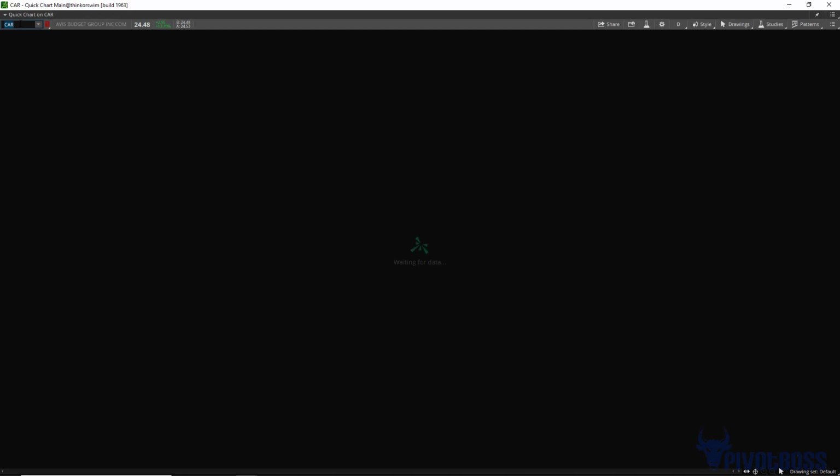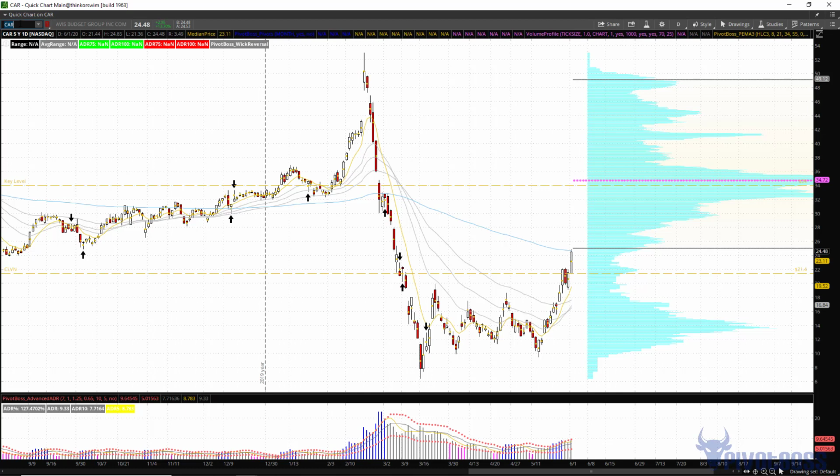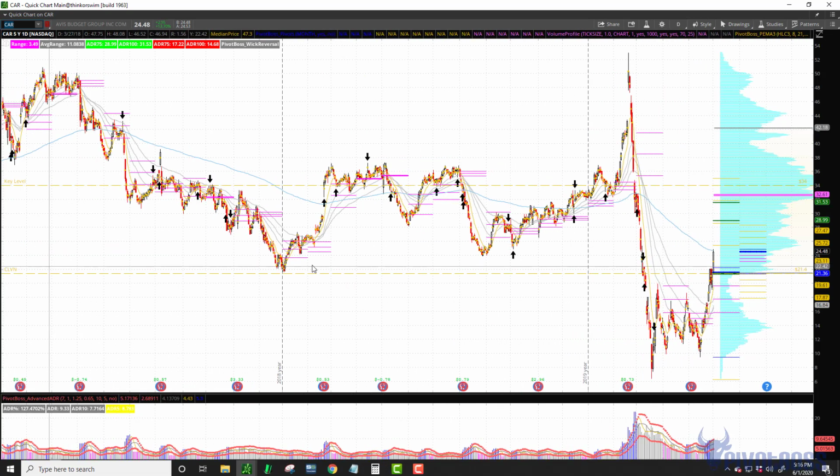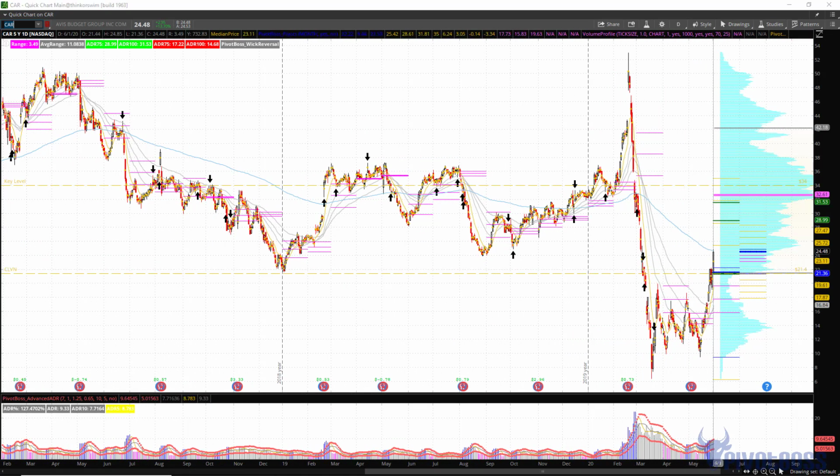CAR is Avis Budget. This one is breaking back above that important 21.40 level. That's a key level, so you can see right here. And you can see a lot of these, we're seeing the same types of price action. We're seeing major support levels taken out, and then you're seeing some development down here where it digests that move. Look at this thing drop from 53 to 6. 53 to $6. And then it's chopped back and forth around the $14 level where it got a little bit of an HVN there, and is now back above